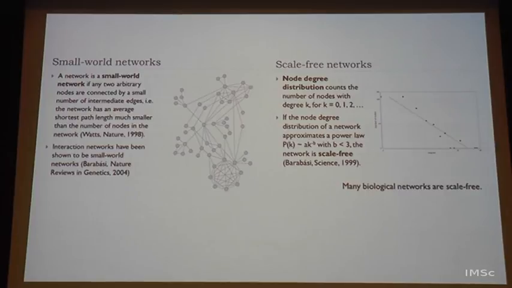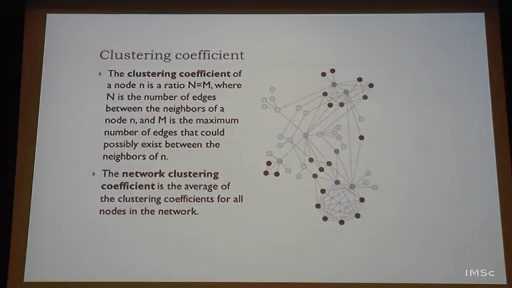And typically biological systems are known to follow a scale free network. So some nodes have very high connectivity and many nodes have poorer connectivity. So these are all known. I think Barabasi's work and many others have actually looked at it.